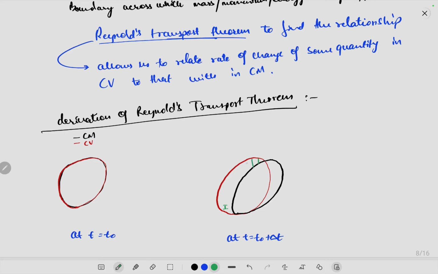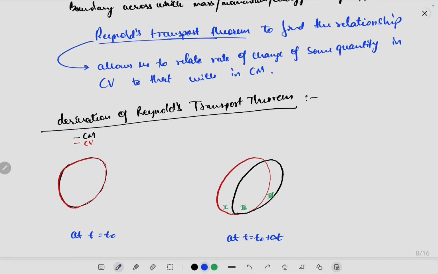One would correspond to the region with this volume. Okay, and let's mark this as 2. Similarly, 2 would correspond to this volume. Okay, and let's mark this as 3. 3 would correspond to this volume. Okay,